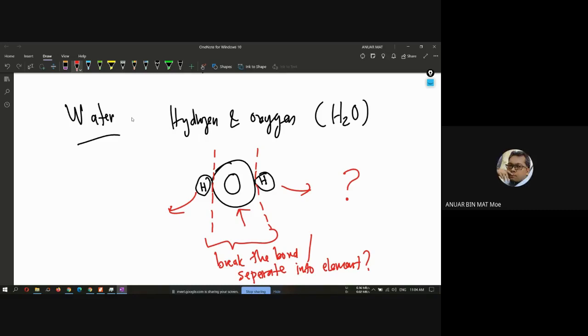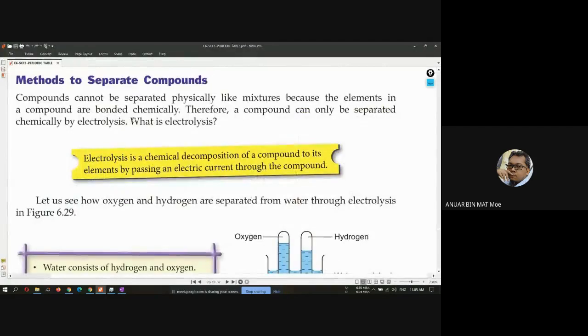Yes, we are able. Okay. Like a mixture, we are able to separate the compound. But in Form 1, there is only one method. Actually, there are many more than one method. But for Form 1, if you look back at the textbook, the method that we use to separate the elements